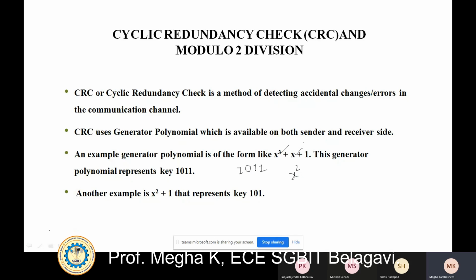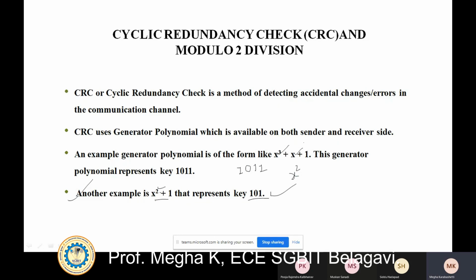I'll take another example. Here the polynomial is x square plus 1. For x square, 2 is the highest degree, so the coefficient is 1.